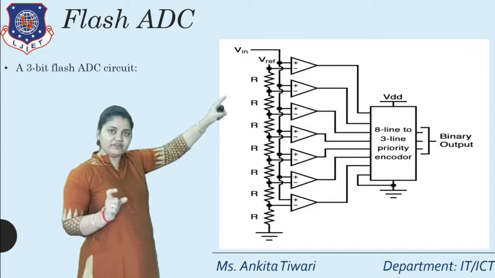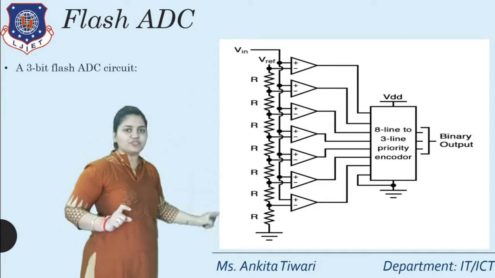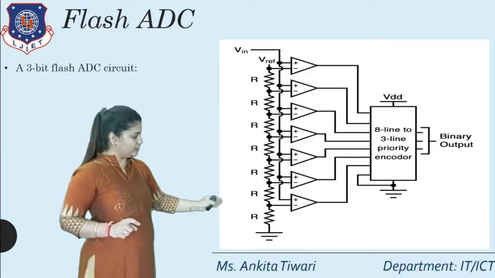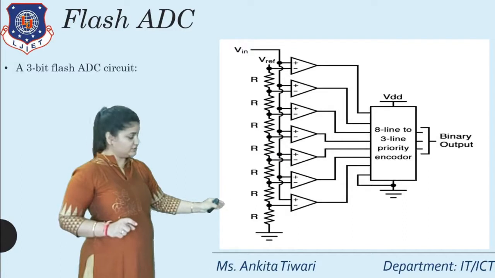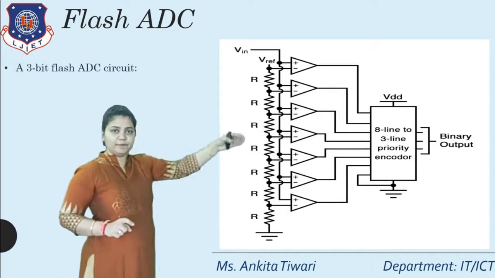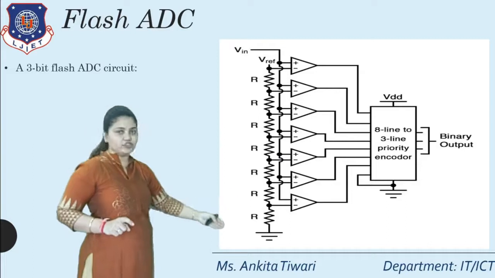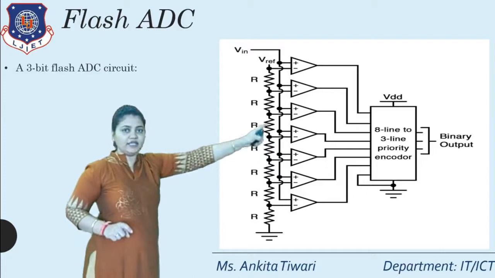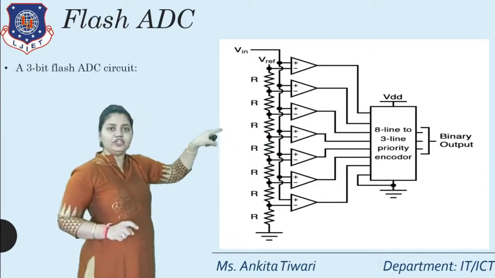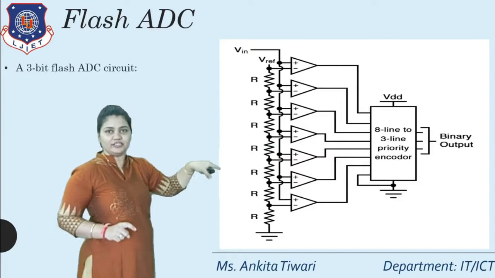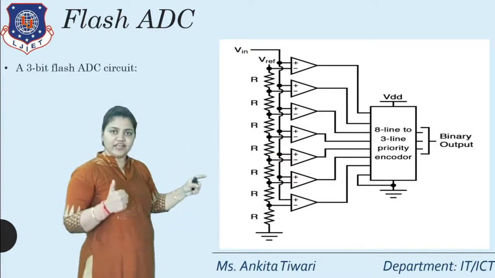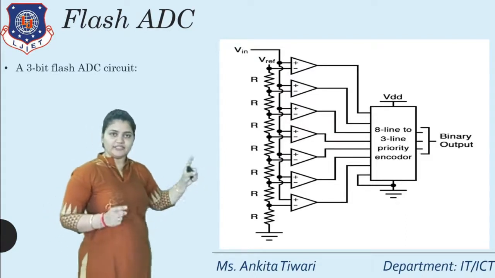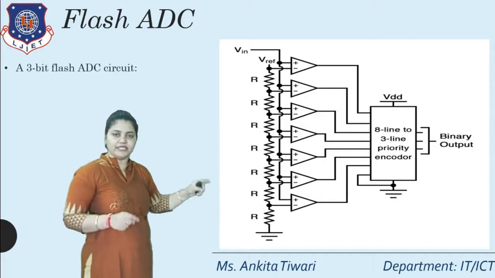That will not change. It will be compared with each and every value provided at each gate here. The voltage is provided with respect to the resistors here. At each point an individual resistor is connected, and with reference to that, the signal is provided into the circuit. In the circuit, as you can see, an 8-line to 3-line priority encoder is being used. Why? Because the question that we have taken is 3-bit, so the encoder will also be 8 to 3-bit. That is an 8-line to 3-line priority encoder.